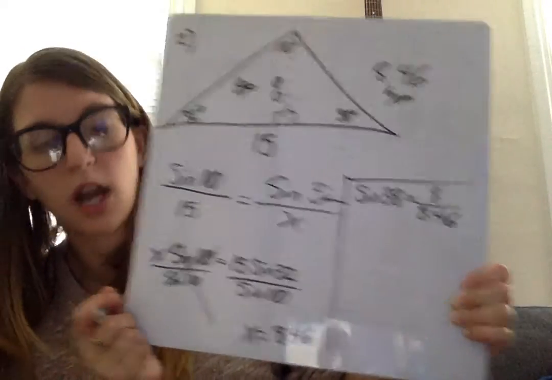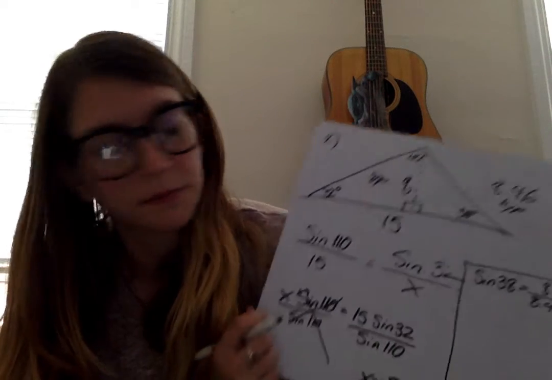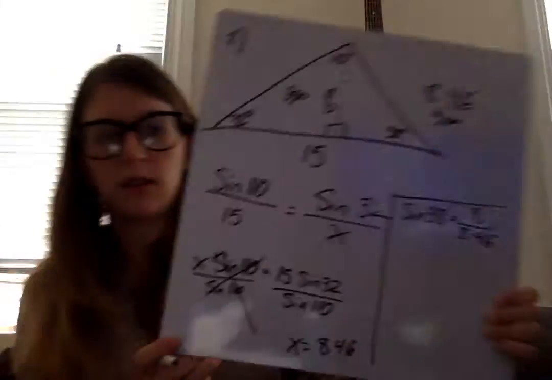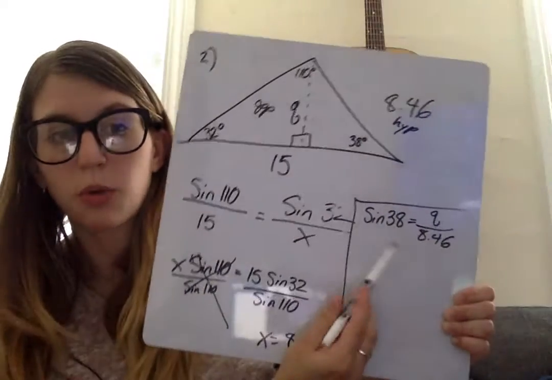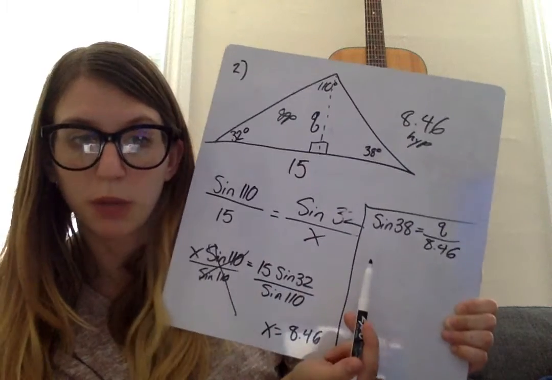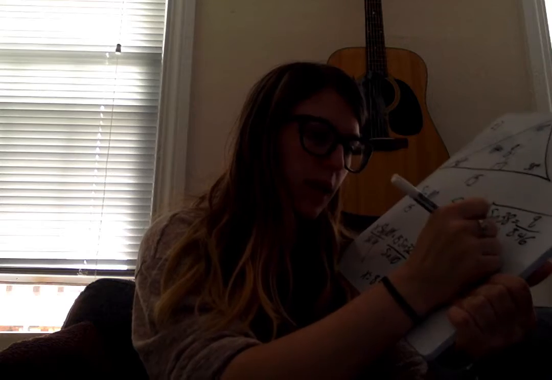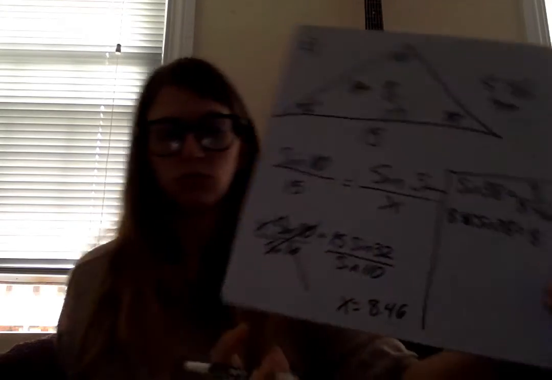hypotenuse. I now realize that looks like an 8. Oh, good Lord. There we go, better Q. So in order to isolate the Q by itself, we're going to multiply both sides by 8.46. Sine of 38 equals Q. Type that in. And we're going to get that Q, or our height, should have just named it H, equals 5.21